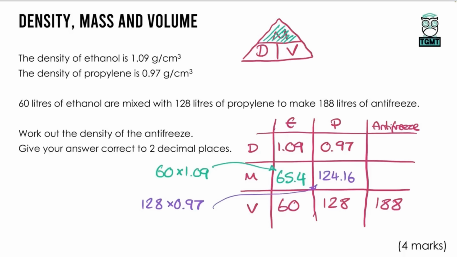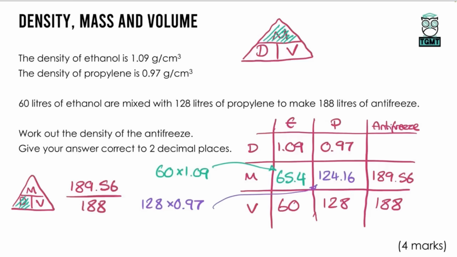Now we can add the masses together. If they're being combined, then their overall mass is just adding them together. So our total mass is 189.56. And then again, looking at our density formula, density is equal to mass divided by volume. So to find the density, we'll do the mass divided by the volume, and that's going to finish this off, which is 189.56 divided by the 188. We'll just type that in on the calculator, and that gives us a final answer here, which comes out as